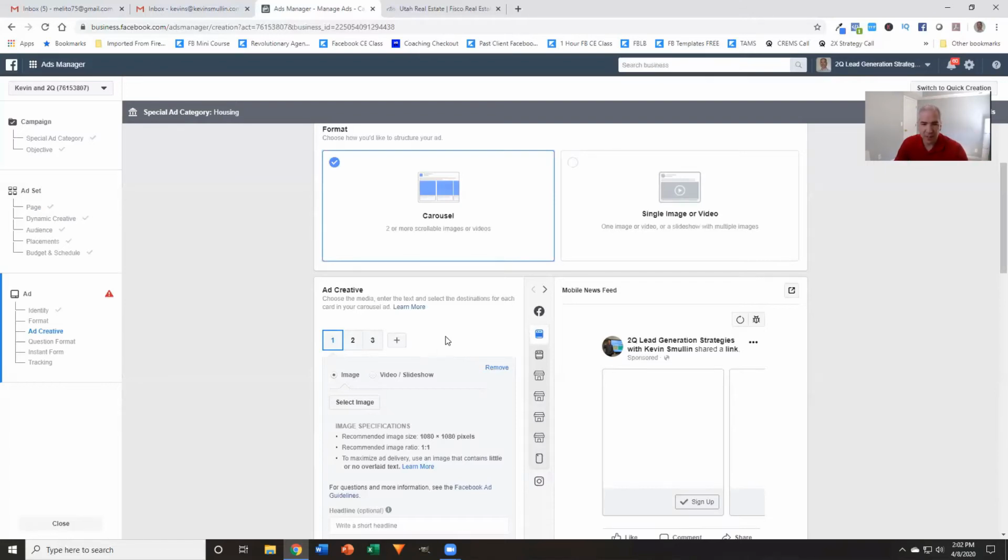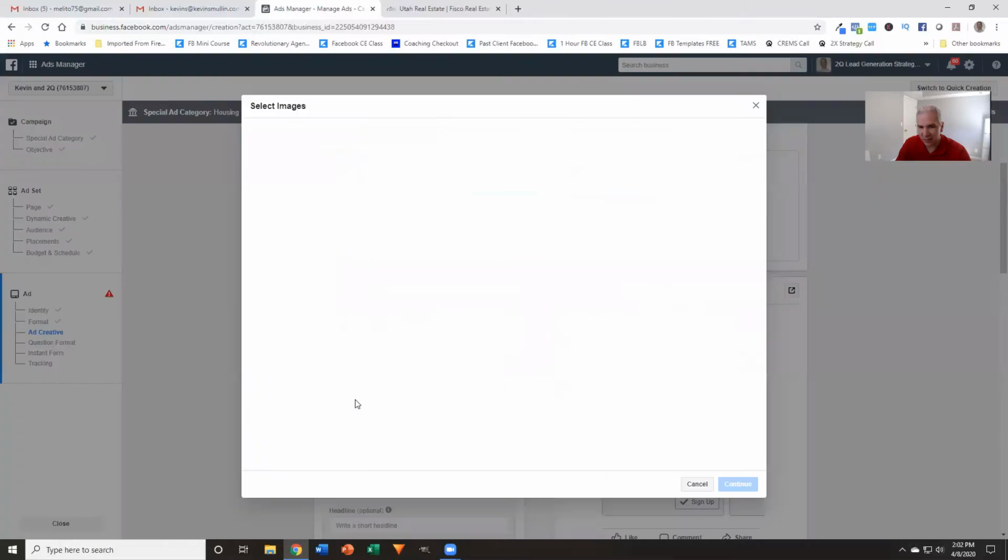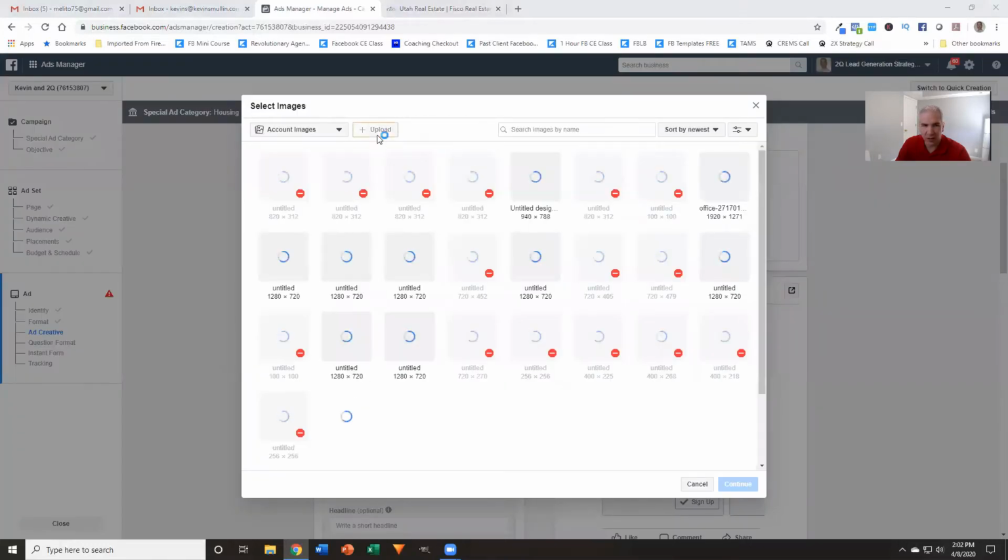So with that being said, we're basically just going to take certain homes and put them in each of these slots. Now I can have up to 10 images per ad. So 10 is the maximum. So just to kind of show you how this works, I've already downloaded some images just to save time. So I would come here